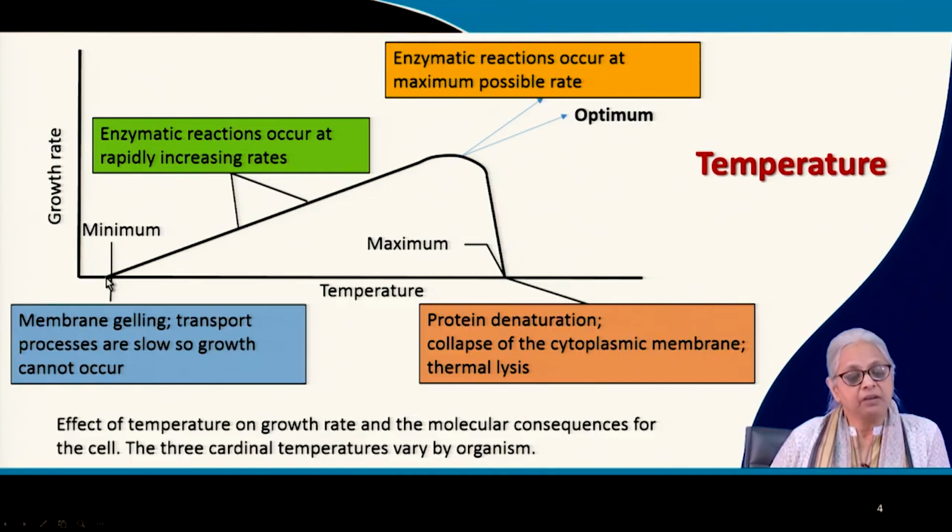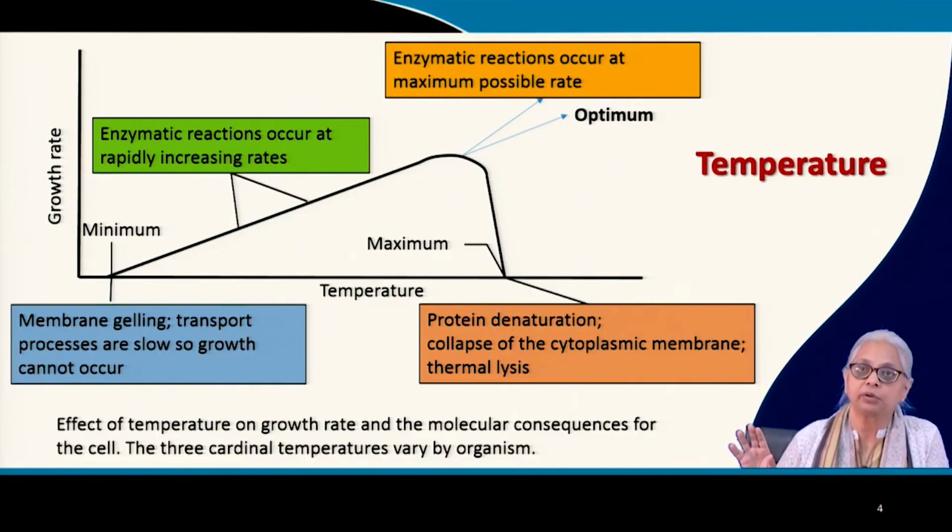So here we have a minimum. Now we know from refrigerating food, we know that we don't get too much bacterial growth in the freezer. So if you put some food in the freezer, it will stay there for weeks or maybe even months without getting spoiled. So why is bacterial growth not happening at those temperatures? For the simple reason that the membranes have gelled, the transport processes that are essential for bacterial growth and reproduction are slow, and they are so slow that they are practically negligible,